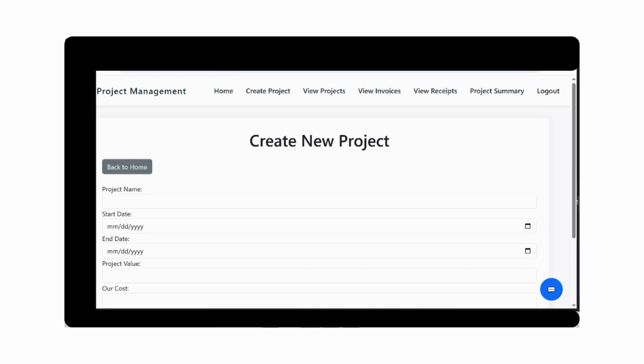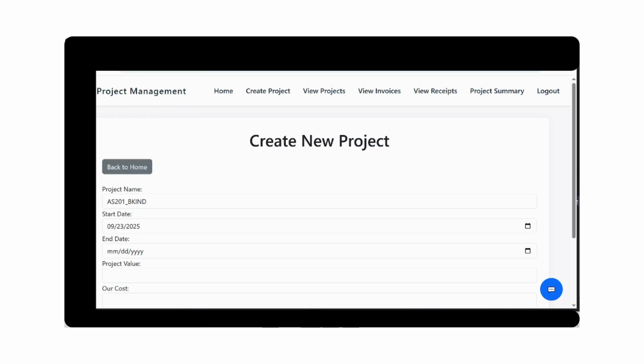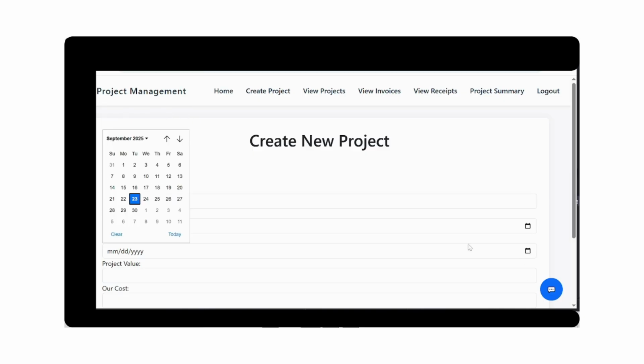Let me create a project. So let us assume that the project is for creating a motor, and this is the item number, and it is going for the BK industries. Okay, so BK is the industry. So for BK industry, I'm going to create this item. Okay, and let's say the start date of the project is today, and it is going to be for the period of